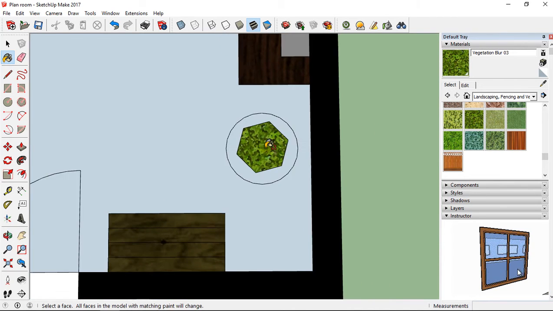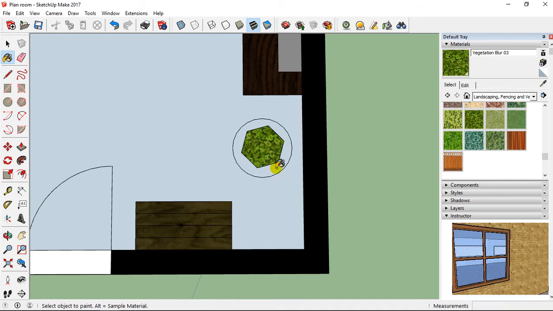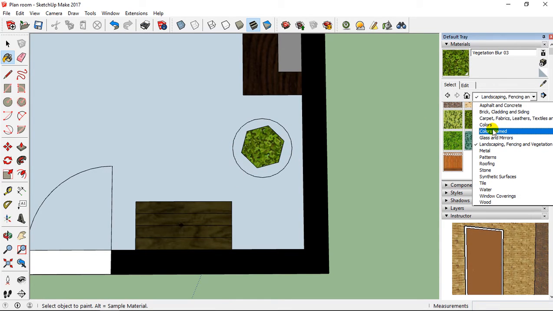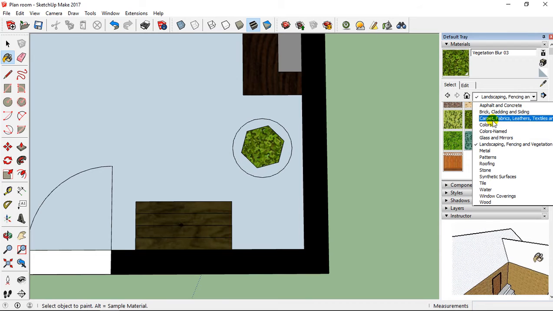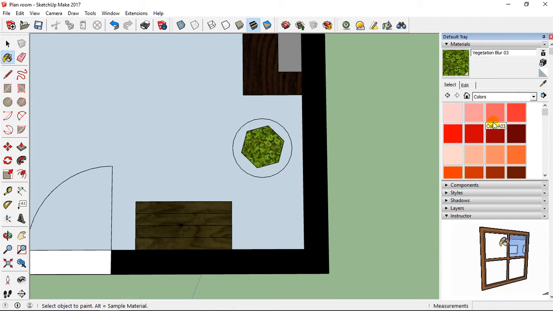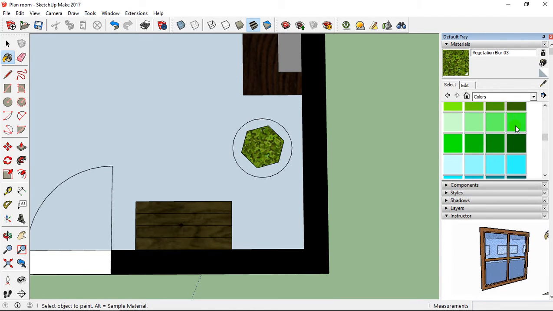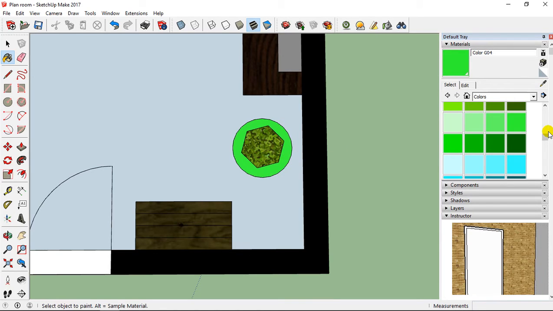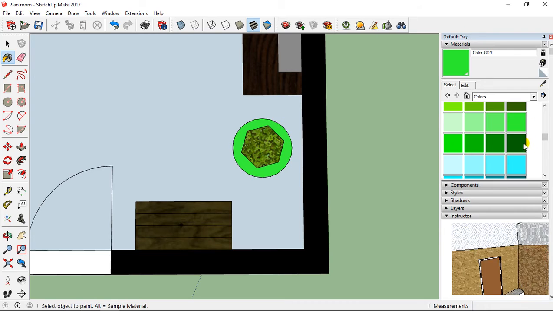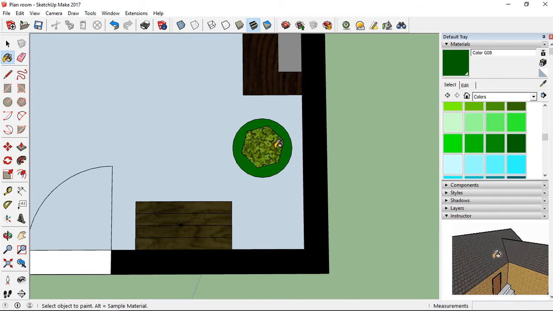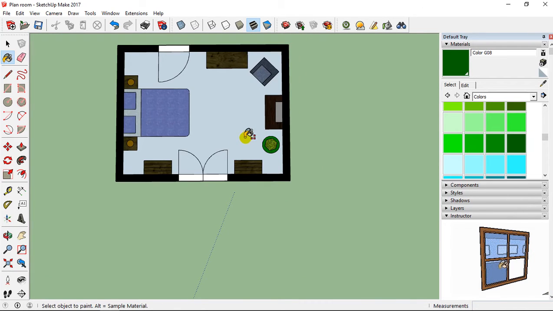So you select a vegetation, and then here it's going to be the pot, so for the pot I can select another color, and for example I can select just green color and place this like that, or green color like this, like that.